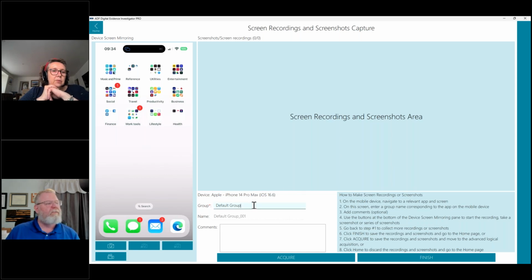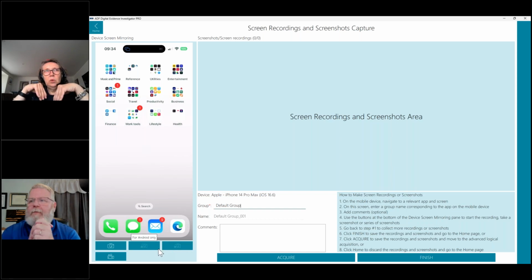I was going to say, just remember with iPhones, unfortunately, we can't auto scroll up or auto scroll down. We can connect to an iPhone and grab data from it, but we can't send instructions to it. That's just a restriction of Apple, I'm afraid. So if you've got 100 pages of chat, video it or screenshot it, and you're going to have to do it one by one.